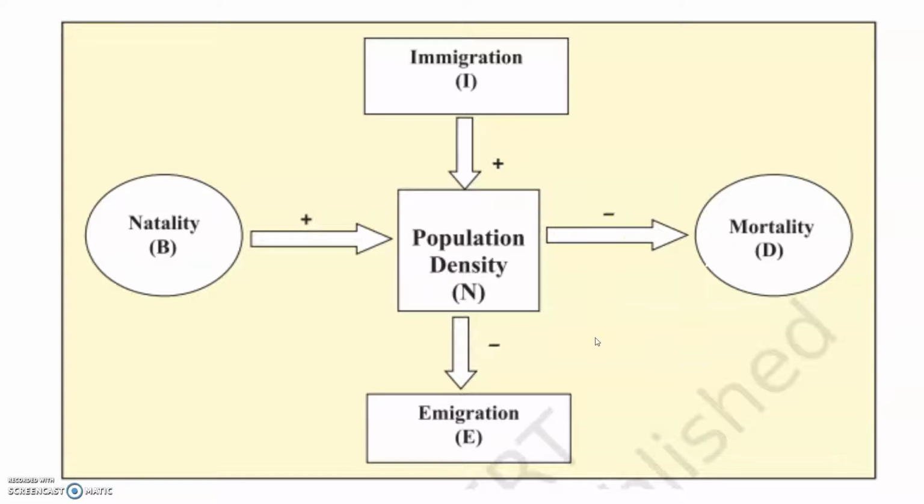Now under normal conditions, birth rate and death rate, that is natality and mortality, are the most important factors that influence the population density. The other two factors are important only in special conditions. If a new habitat is just being colonized, immigration may contribute more significantly to population growth than the birth rates.